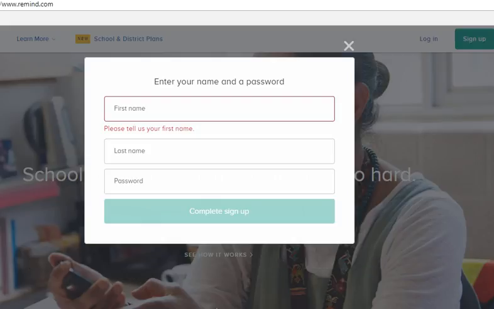Upon successful completion of a verification code, it will prompt you to go ahead and put in your credentials. And so on this screen, you'll put in your first name and your last name, and then you'll pick a password. I suggest that the name that you use for this account is a professional name, something that your students or the parents will recognize you by, and it's not something silly, because this is used